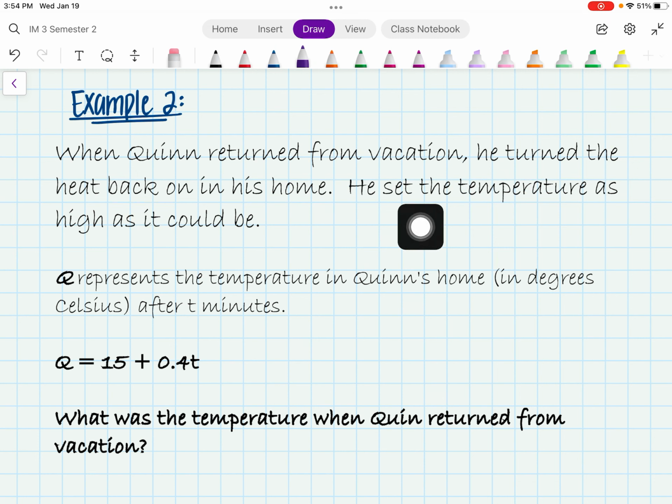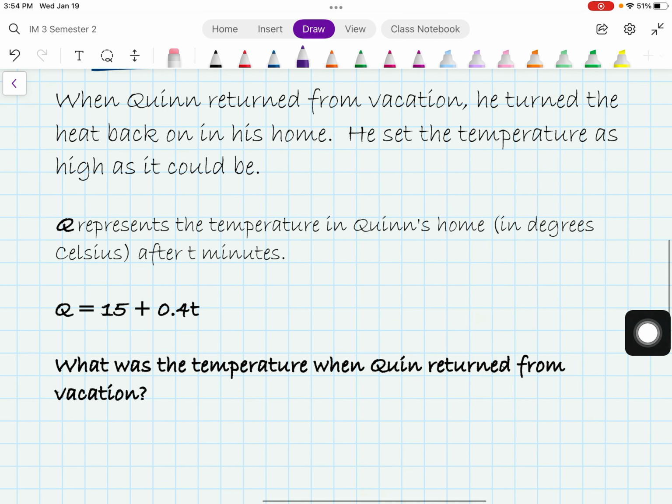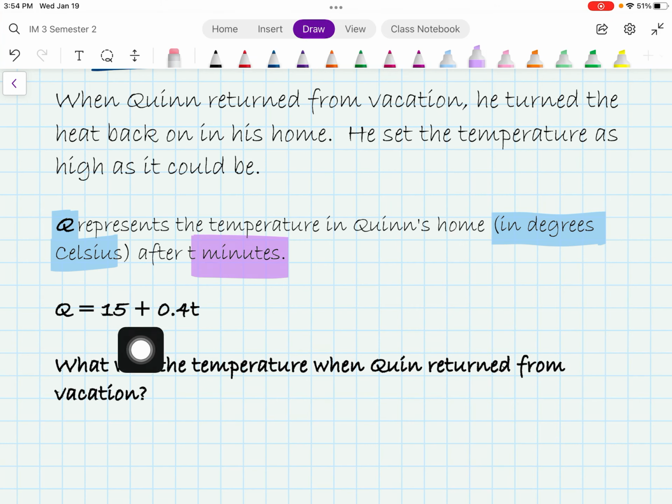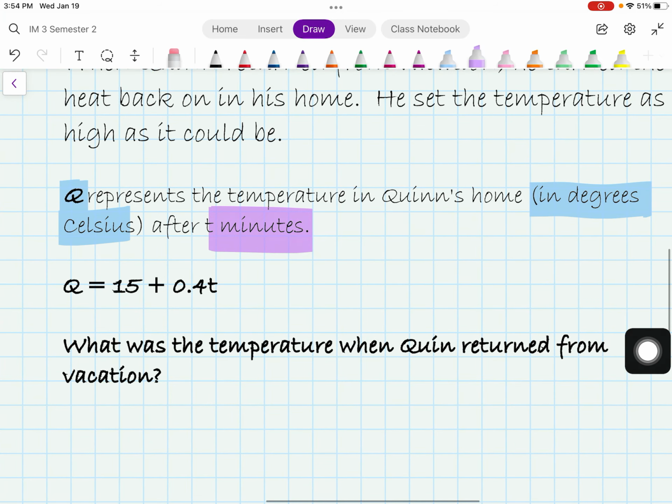In the next example, it says, when Quinn returned from vacation, he turned the heat back on in his home. He set the temperature as high as it could be. It says Q represents the temperature in Quinn's home in degrees after T minutes. So first off, they are giving us a unit of measure. Q represents the degrees Celsius, and T represents the minutes. So two different units of measure, and we do have an equation of Q equals 15 plus 0.4